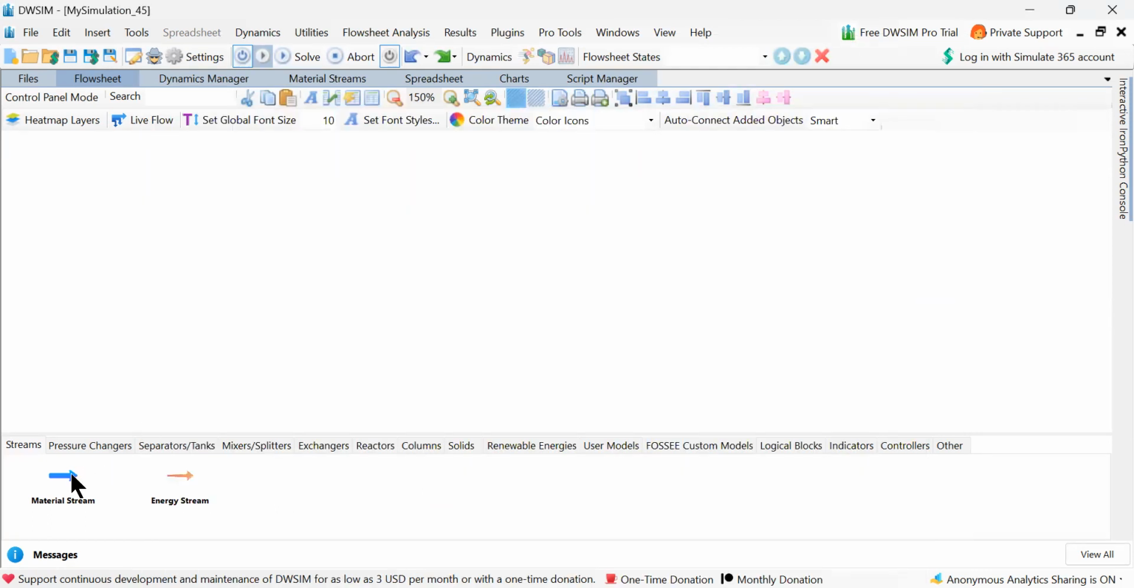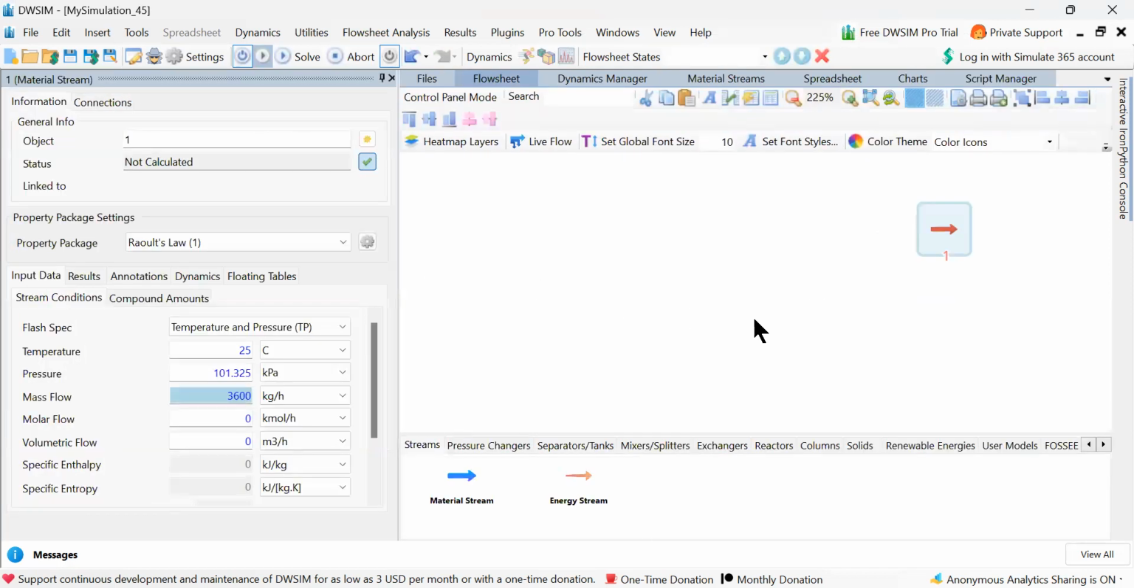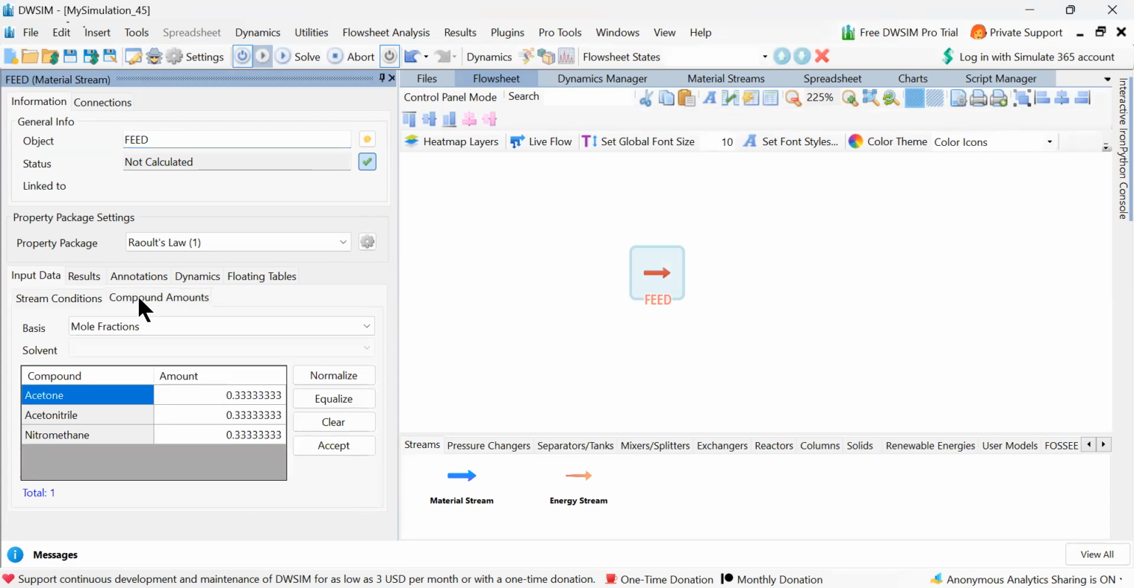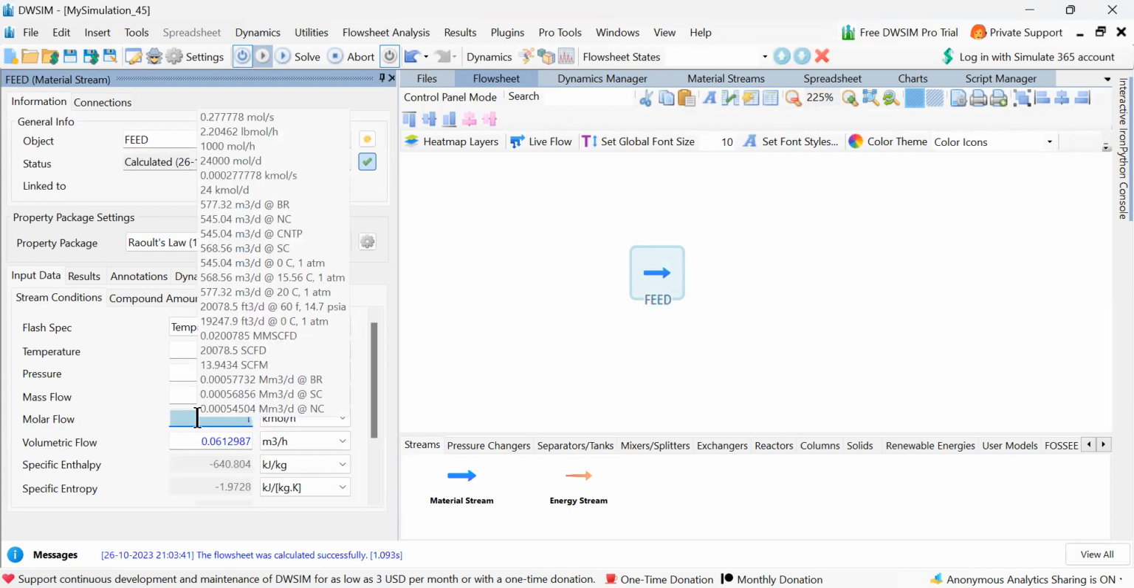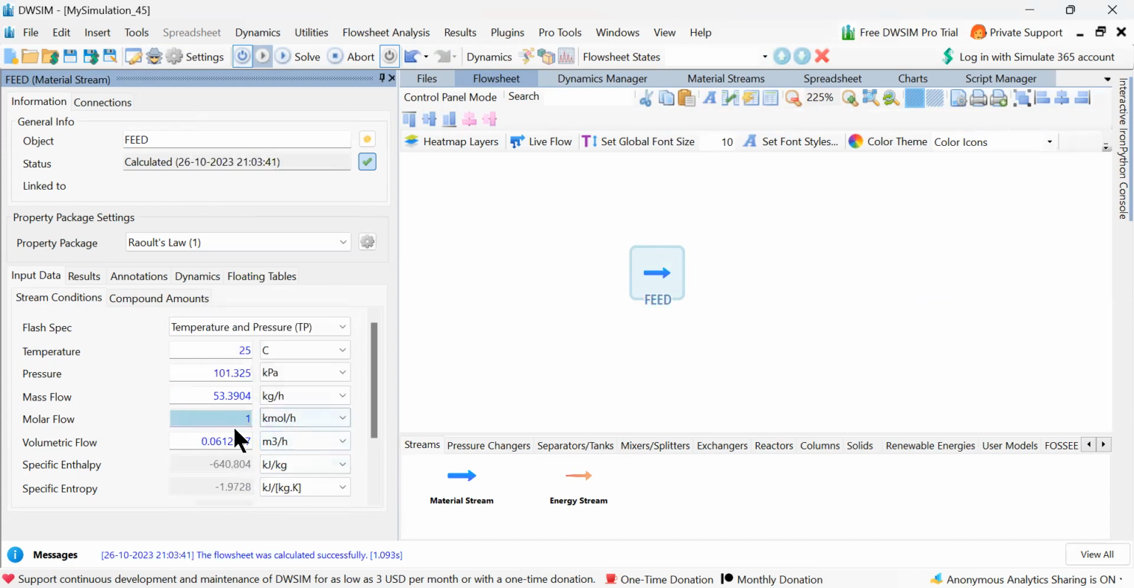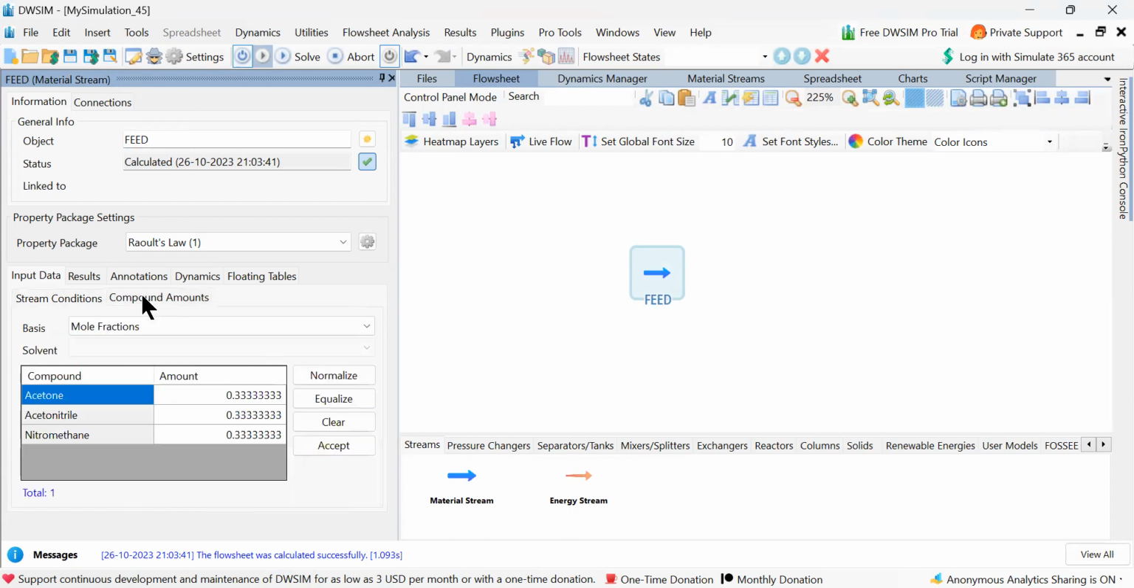Done. Now I take a material stream here and I drag and keep it here. Let me maximize this if it is possible. Yeah, so I'm maximizing it. Let me rename this. Now for the stream conditions, I specify here 1 kilomole. I press enter. Automatically the conversion is seen here, and the compound amounts, acetone is given as,